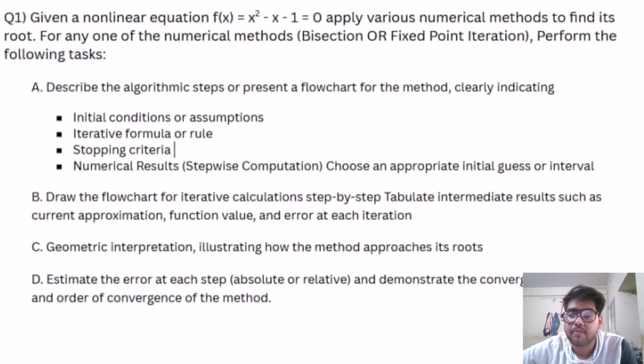So the tasks are: describe the algorithmic steps or present a flowchart for the method, clearly indicating initial conditions or assumptions, iterative formula or rule, stopping criteria, and numerical results. Draw the flowchart for iterative calculation step by step, give a geometrical interpretation illustrating how the method approaches its root, and then estimate the error at each step. So for this we will start with